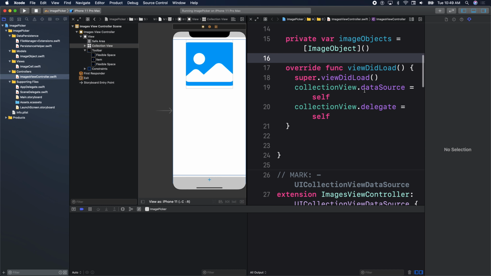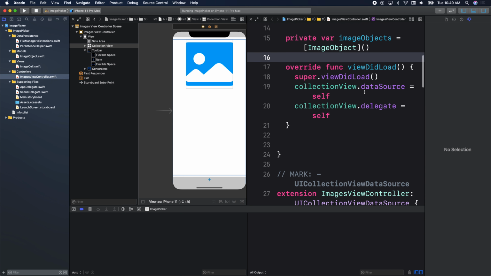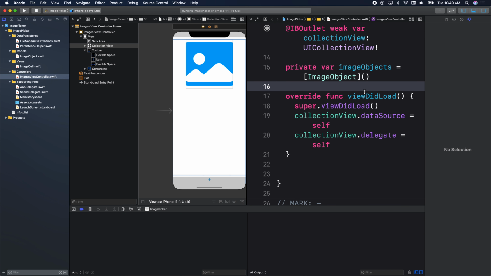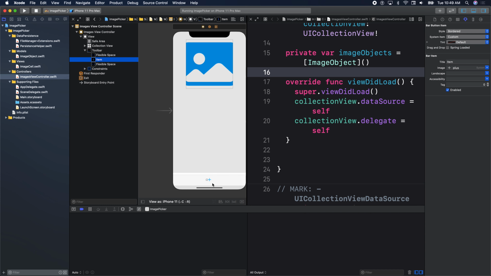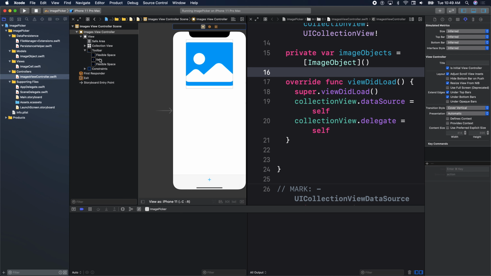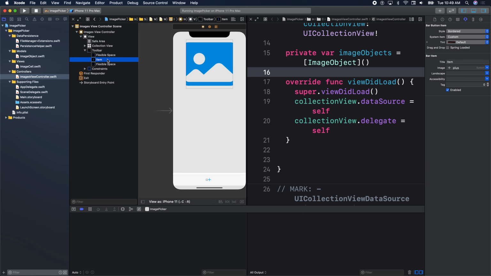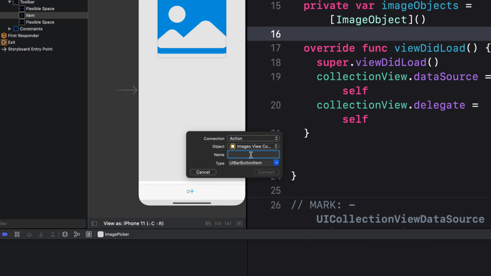All right, so let us go to control dragging our action now. What did we say? Right below viewDidLoad. So right below viewDidLoad, we'll control drag from our item. If you have difficulty selecting your item, you could simply use the document outline to select your item here. And we will control drag from our item over to our view controller. We'll change it to a UIBarButtonItem for the type. And we'll say add